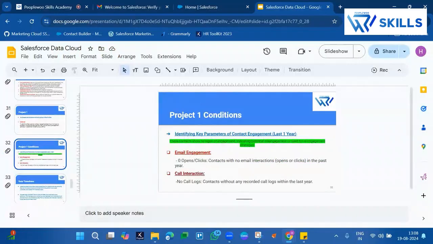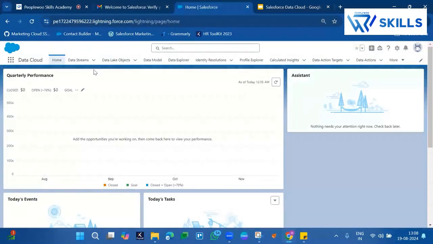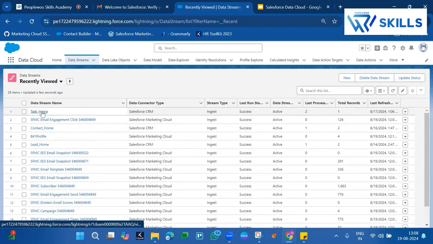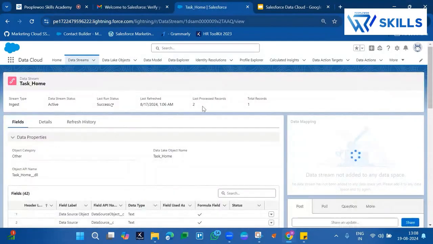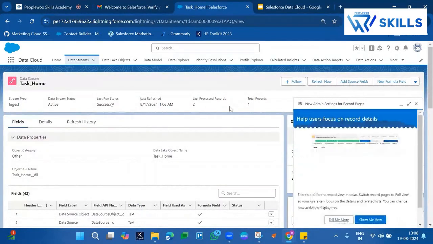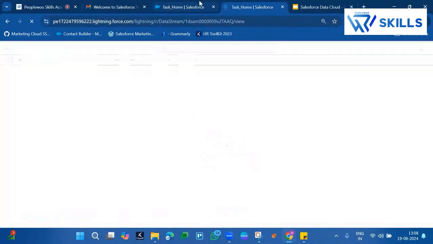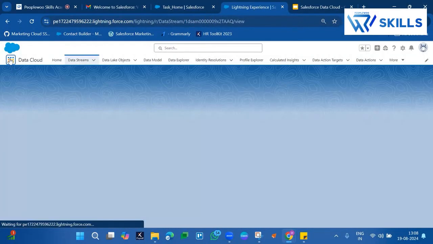Otherwise, what we have done is in Salesforce Data Cloud, initially we had to build the data so that we can identify inactive contacts. In order to build that data, we took the task object. Task object holds records. Whenever you make a call log, that is a task you complete. So we understood that